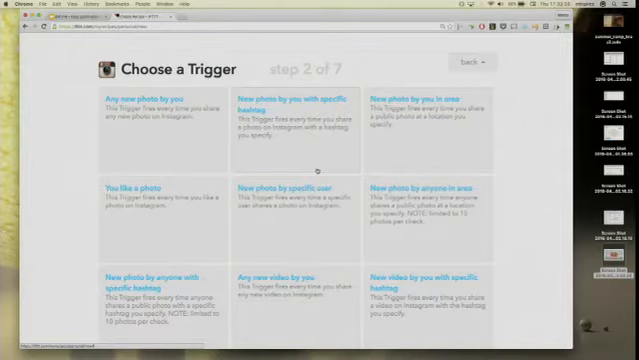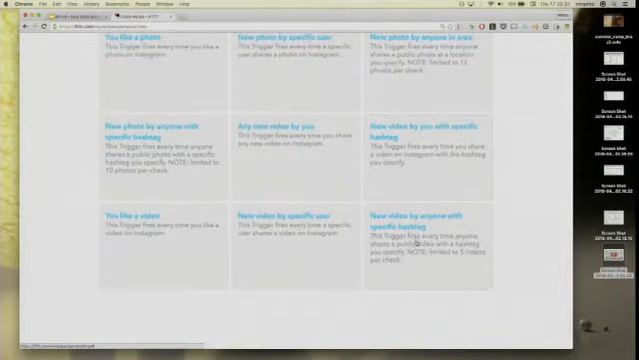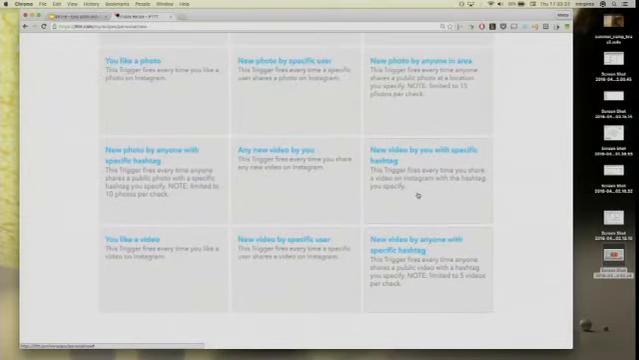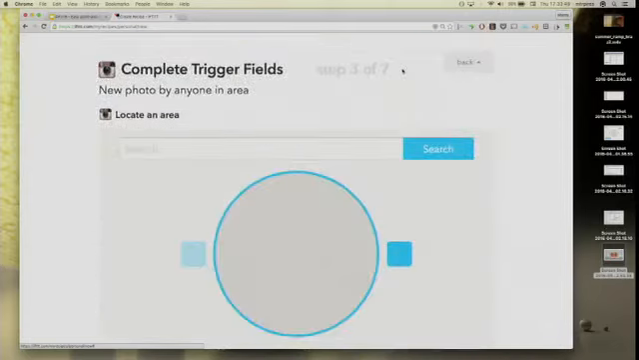I'm not going to judge you. But you can get pictures that anyone posts in an area, or you can get pictures based on a search or a hashtag, for example, if you're following a hashtag. So in this case here, I'm going to click on this trigger, new photo by anyone in an area. This one right here. I'm going to click on it,